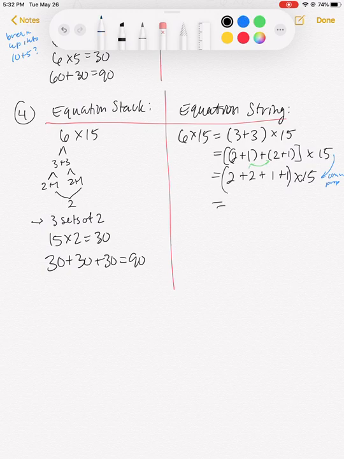Alright, so the 2 plus 2, those two 1's became another 2. And then the 15 was carried along for the right again. Eventually we want to get to 15 times 2, and we want to get all the 30's, those three 30's